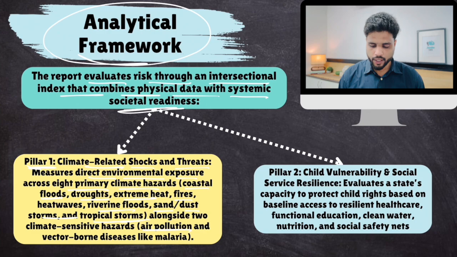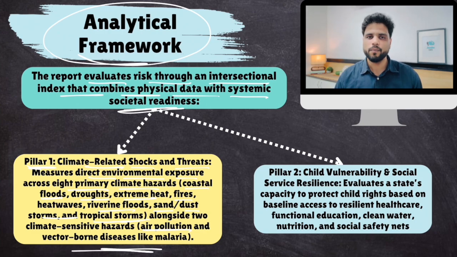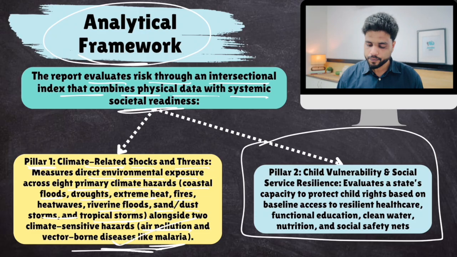One is air pollution and the other is vector-borne disease. Because whenever there is flooding, those areas are more vulnerable to waterborne and vector-borne diseases like malaria, cholera and so on. So children's vulnerability to these diseases is also looked at in this index. Then pillar 2 evaluates the state's capacity to protect child rights based on baseline access